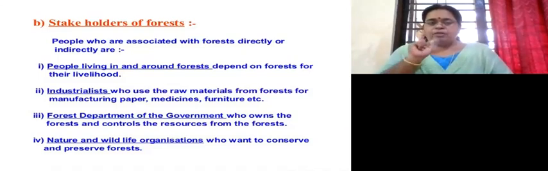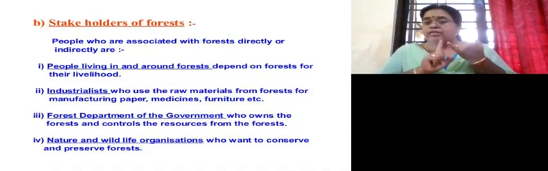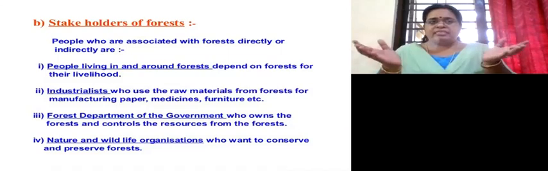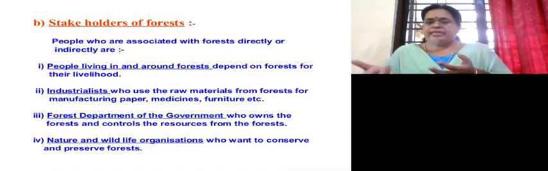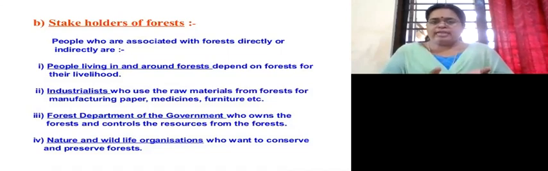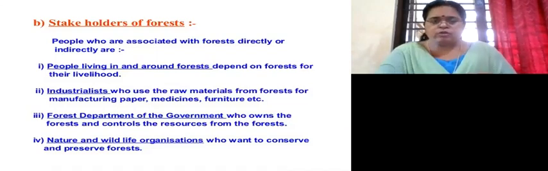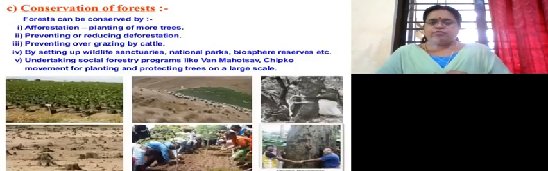It is definitely the local people who are living in that area, because they are depending on the forest for their livelihood. They get their food, they get their medicines, they get their wood, timber for making their houses, for making their huts, for making their furniture, for making their bags, for giving fodder for their animals. For all these things, they are depending on the forest. Forest is a source of livelihood for them. So if something happens to the forest, definitely it is that first stakeholder, the people living in the forest, who are going to be affected the most. So we have to conserve the forest.